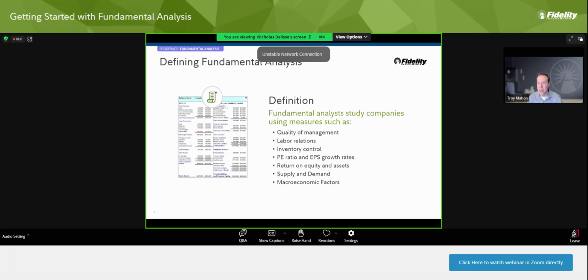What's helped me is understanding what the performance and growth of this company has been. How has the company actually done? This is where we're going to get into financial statements and some tools. Just like a chart looks backward in time, we can look backward in time at a company's performance and understand how the company has done.